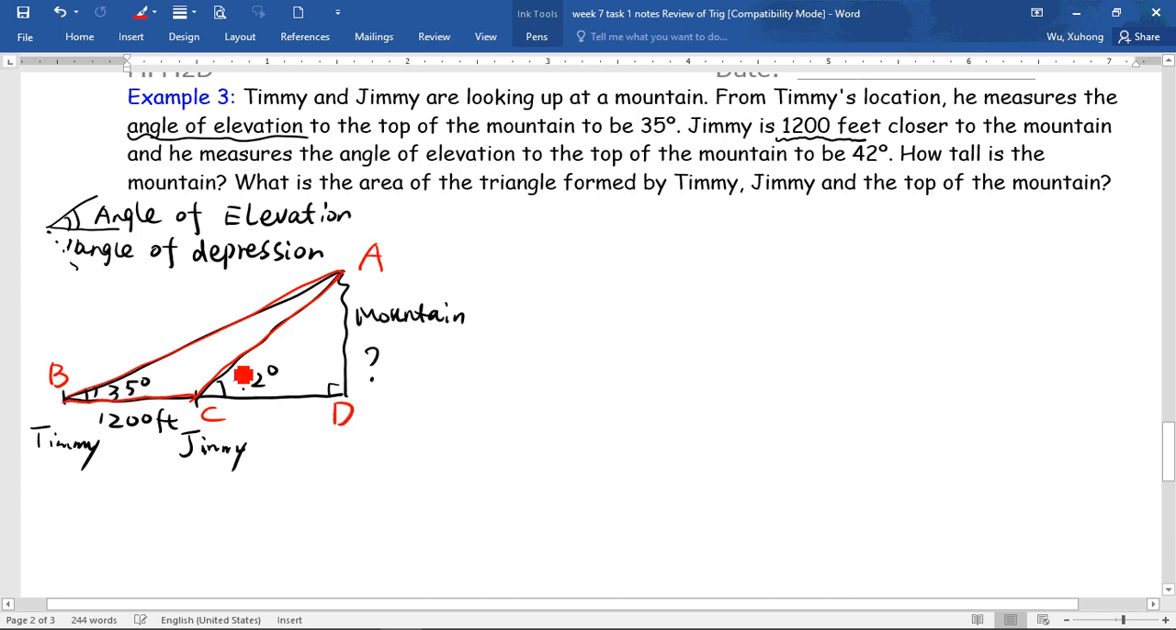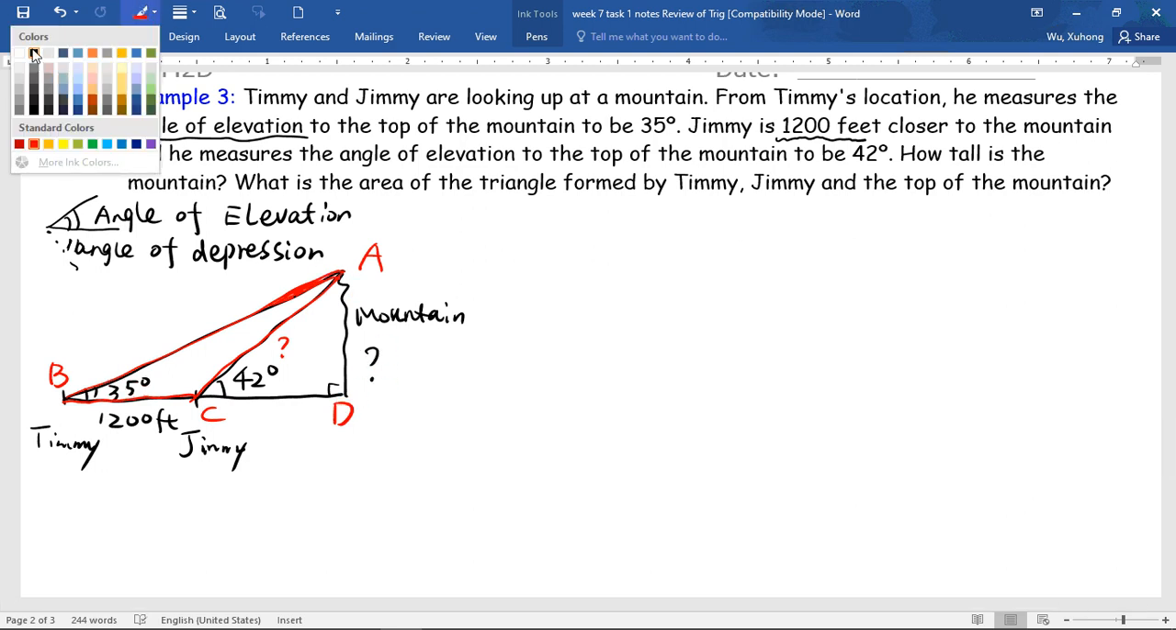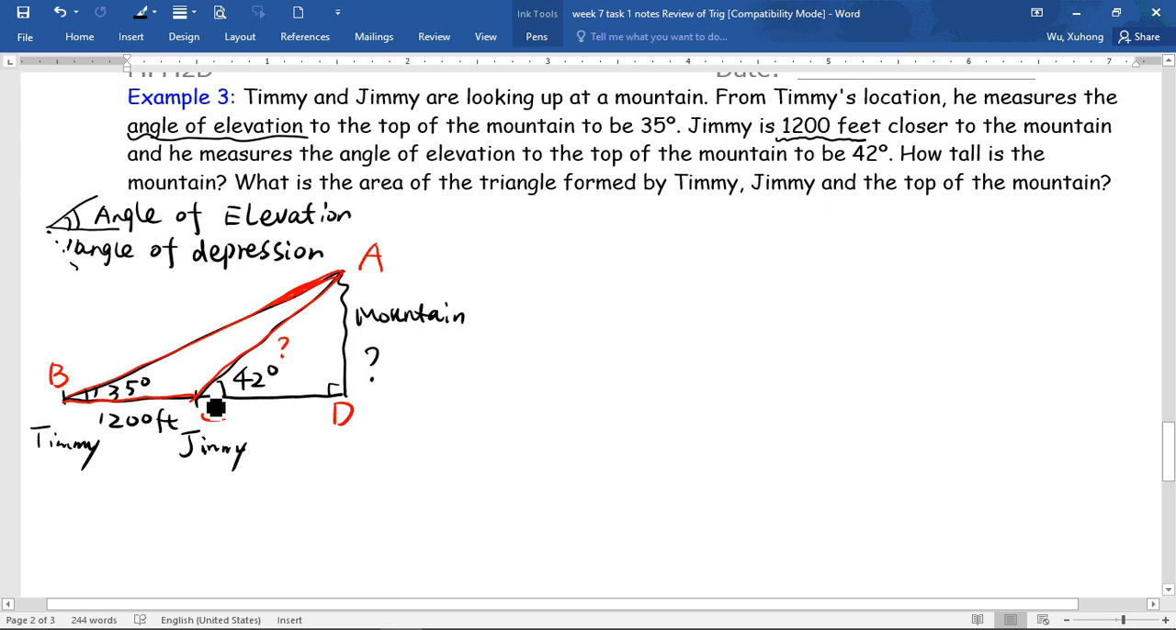Then in this triangle, we want to find the common side with the next triangle. So we may want to find this side. Next, we want to use this small right angle triangle to find this side. So this is our plan. We want to find AC first using triangle ABC. In triangle ABC, we have this 35 degrees given. From this, 180 minus 42,